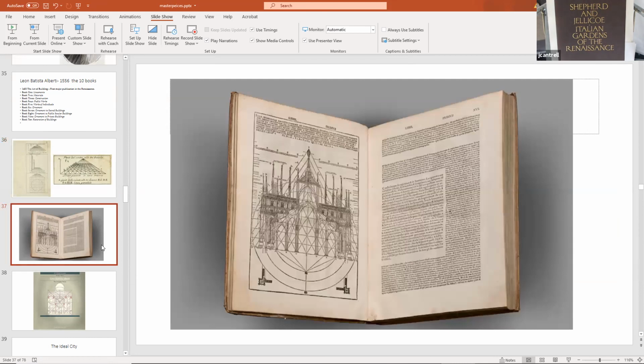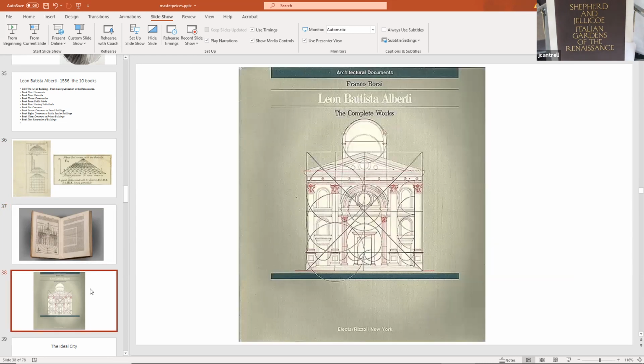He's analyzing Gothic cathedrals, and of course his writing is primarily in Italian, which has been later transcribed into English. But these are very dedicated people on how to properly structurally proportion the geometry and the structure of some of these cathedrals. There's a wonderful comprehensive book on all of Alberti's work. This, I think, was published in the 70s, which is probably, hopefully, still floating around architecture schools. This is probably his most complete book, which you can find online. Rizzoli Books are some of the best architecture books.